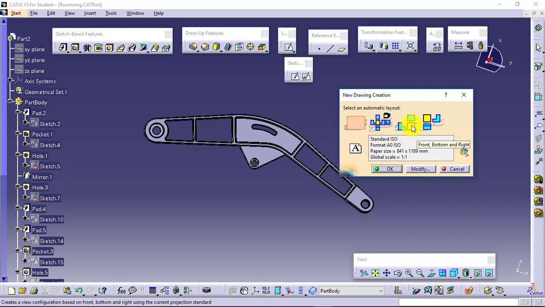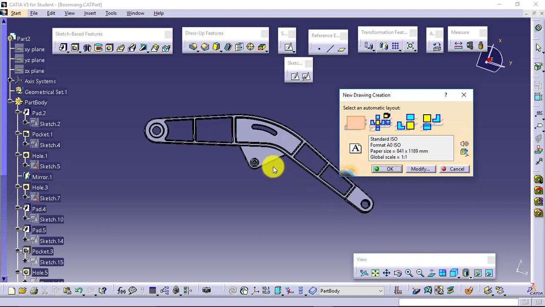Then you want to place the front, bottom and right view, or you want to place front, top and left view. So if you want to use any of the layouts, you can select the layout and directly get the views in your drafting. But the orientation of those views will be by default.